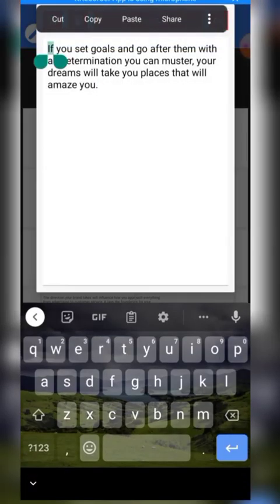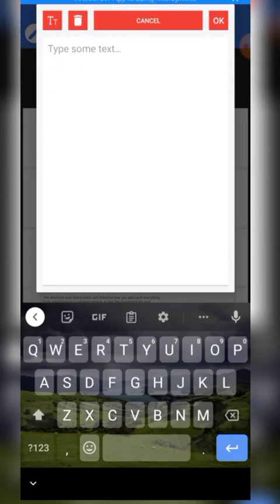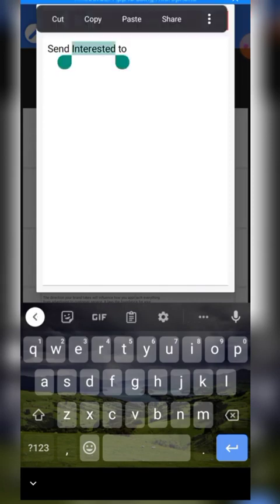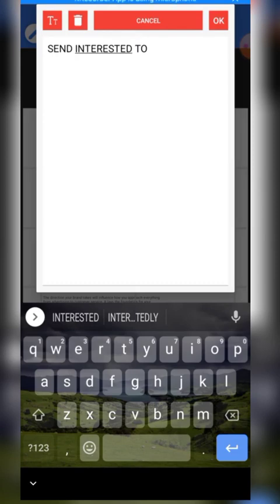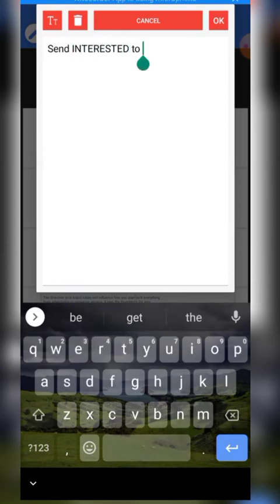So now let me go ahead and highlight this. Send interested to. So this interested, sorry. I'll make only the interested a capital letter. Hence, we are discussing about send interested to WhatsApp number, that's